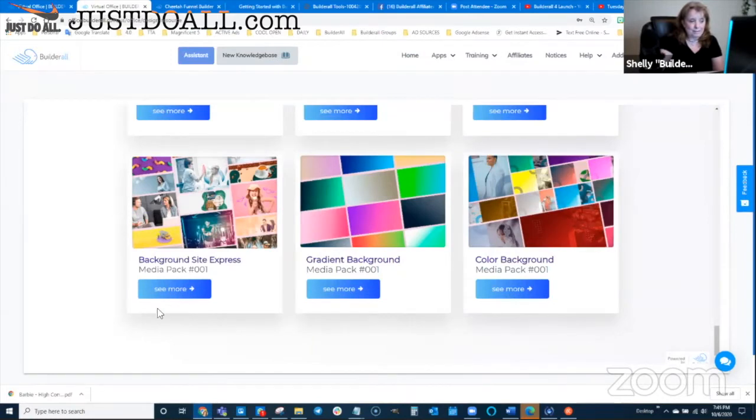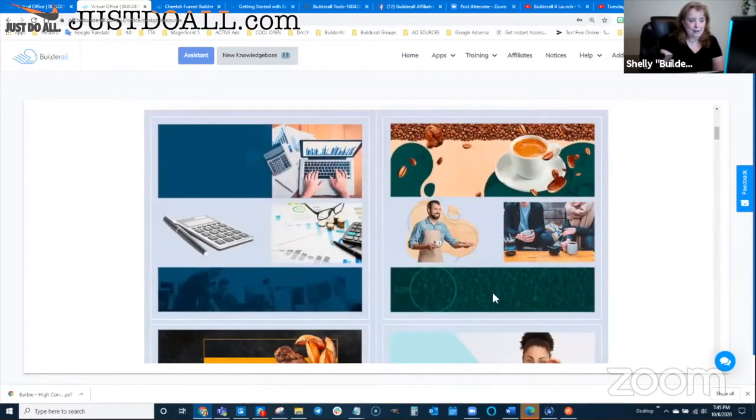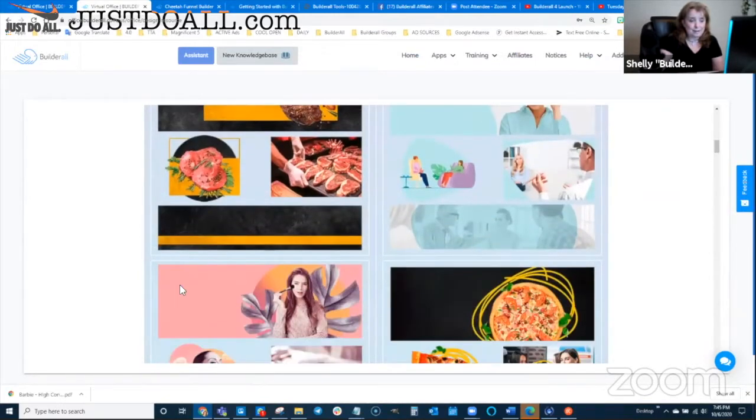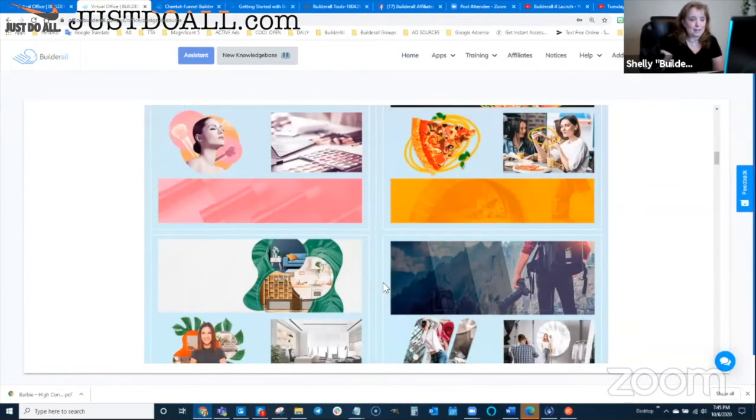This is probably my favorite one. If I click see more, if I scroll down, look at all these beautiful backgrounds that they've got for you that are pre-made. And then just remember that these make it easier for you to get started building whatever kind of website that you're going to build, so you don't have to work so hard to try to find those perfect images. You've got tons of images that are already